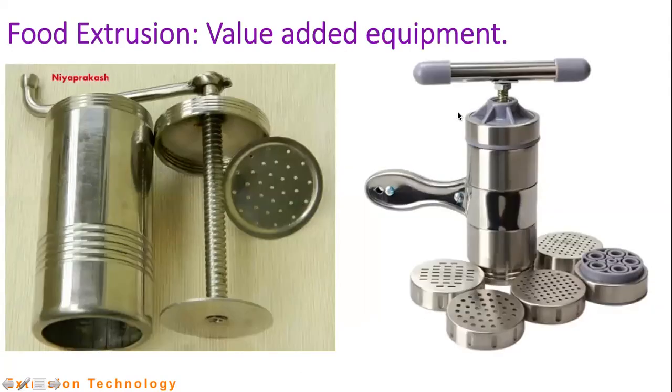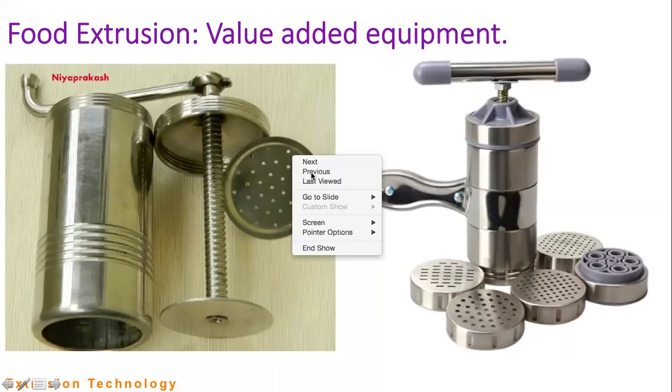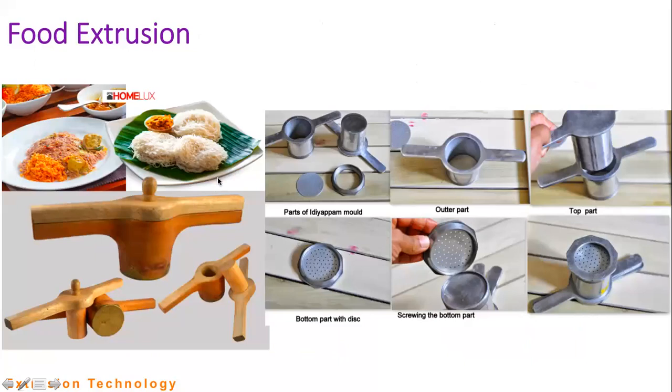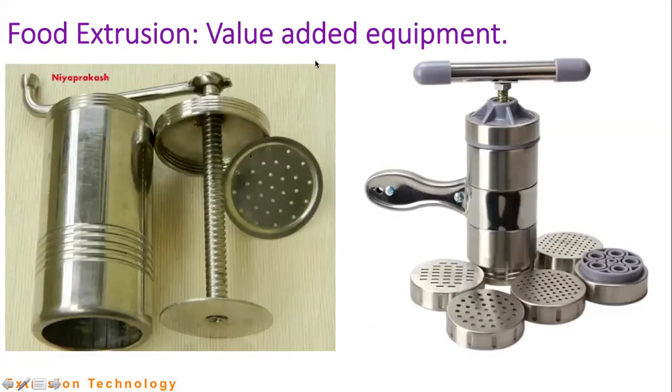And some modern string hopper makers, you can see this is actually a type of small extruder. So instead of having this type of arms to push, here you can see a screw, so more user friendly ones. And here you can see several die shapes. So therefore we can use the same machine with different die parts to develop different shapes of extruded food